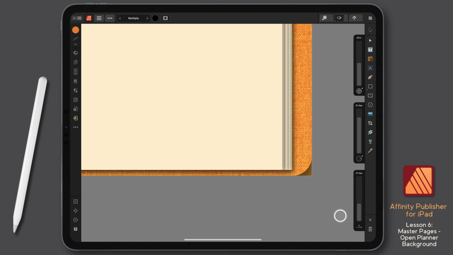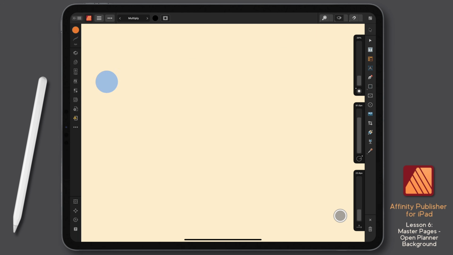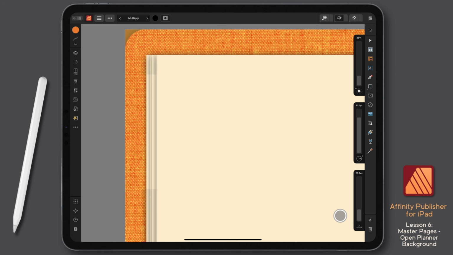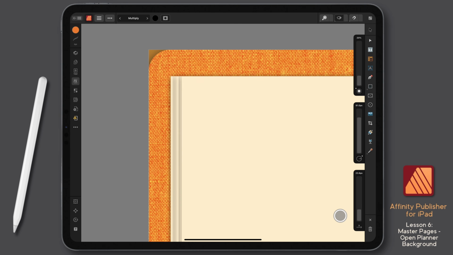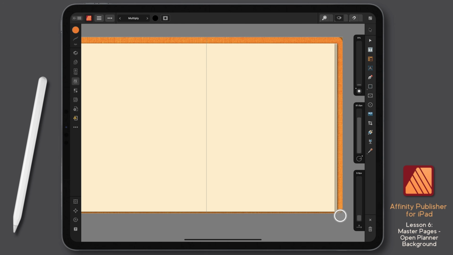So I think I might bring the offset in just a touch. I need to add a shadow at the top, but not quite as much. So I'm going to go back to that layer, make sure it's selected to my FX. And with that selected, I'll tap the plus sign and this time just bring it up to the top left a little bit. I'm going to add additional shading in the middle here in a moment, but before I do that,